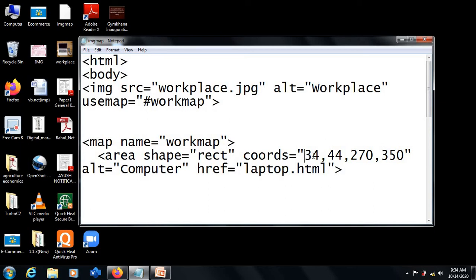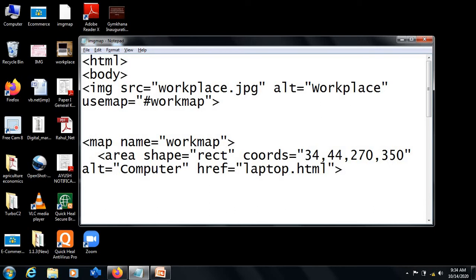From left it will leave 33 pixels, and it will start considering the image from 34th pixel. And from top it will leave 0 to 43 and it will start considering the image from 44th pixel. So this is where I have started considering the image.